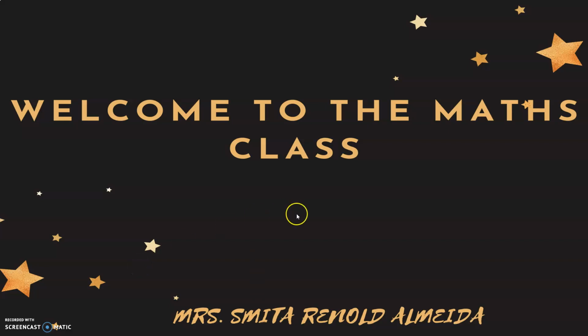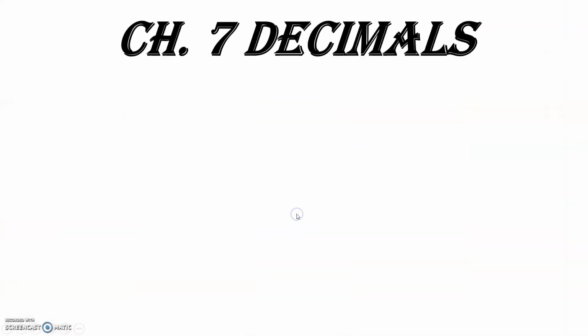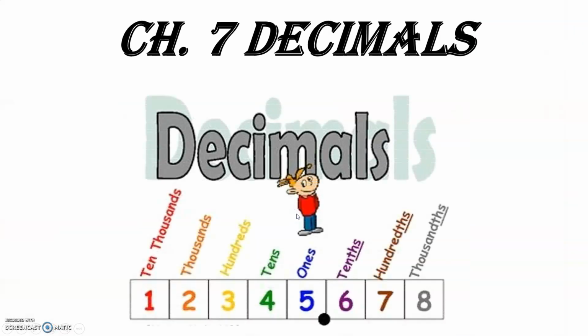Hello kids, welcome back. So, we are going to do a revision and we are going to start from our chapter 7 which is decimals. I have already covered this chapter. So, today we are just going to do the pending sums from chapter 7. I'll be going exercise wise. So, today we'll be taking exercise 7A. I have already done some of the sums in our video dated 26th November. So, let's move on.